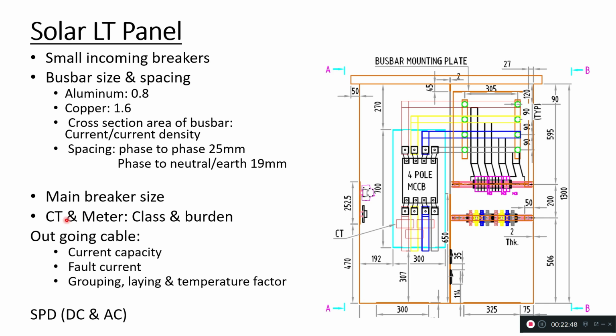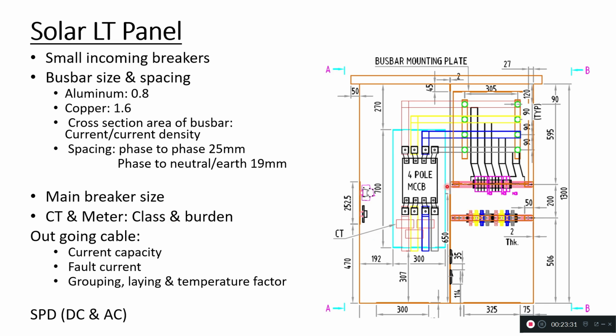Then we'll talk about the current transformer and meter. As you can see here, these are the CTs. In every phase there will be one CT. In this application we are using the CT for measurement purposes, because the protection is already provided in the breaker. Here we just want the CT for measurement of power. Whenever you select a CT for measurement of power, you should select it with better accuracy. The rating for the CT will again depend upon your system current.